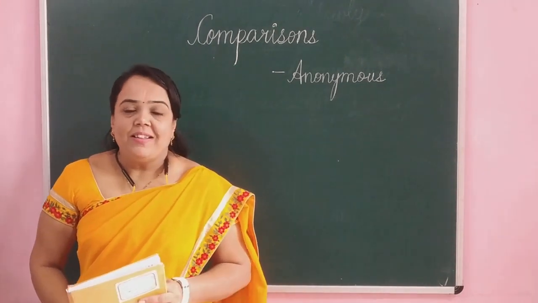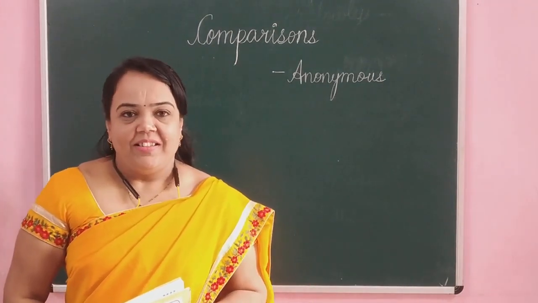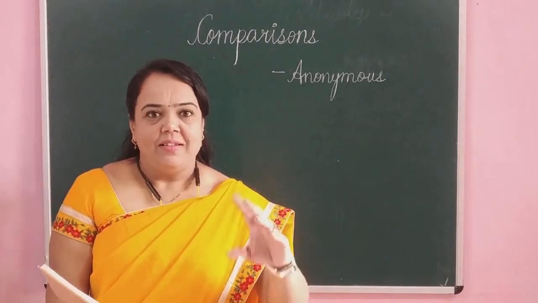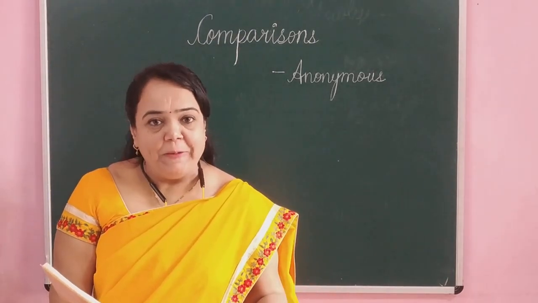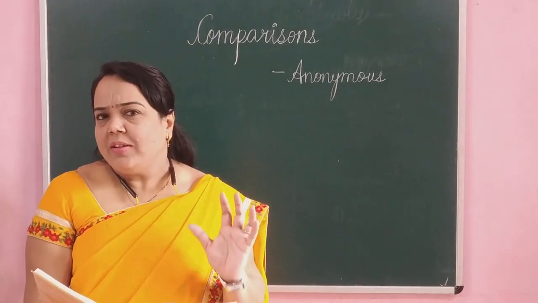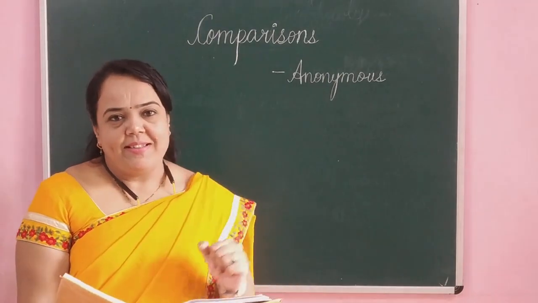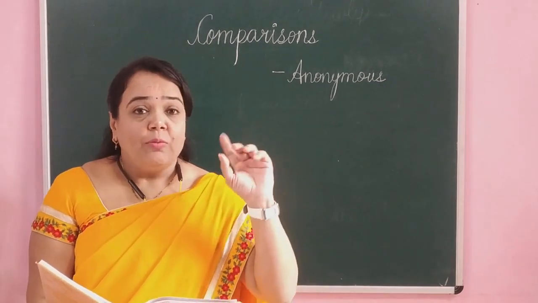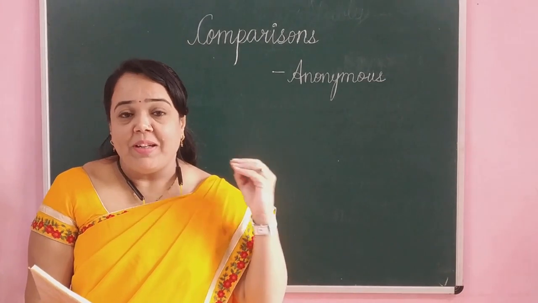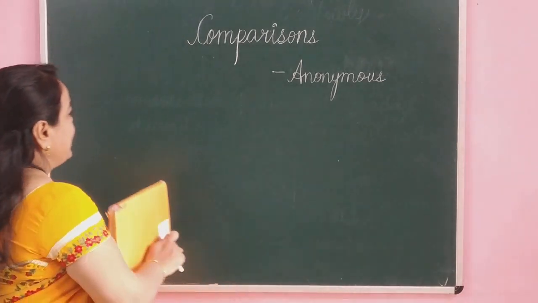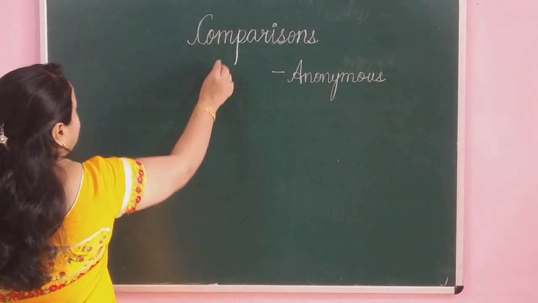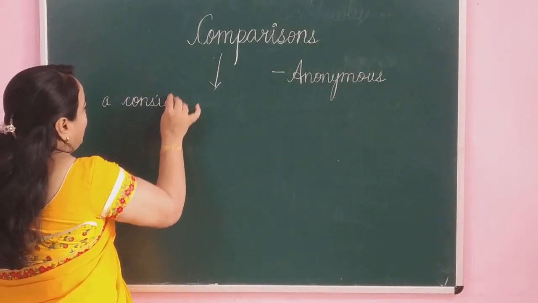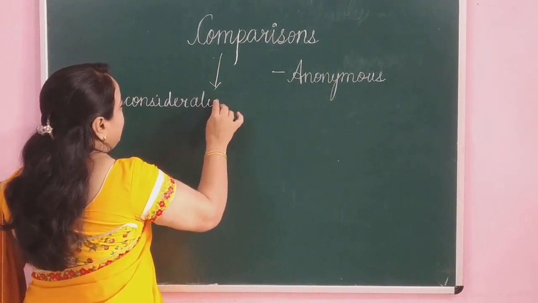So when you are comparing something, what should be there? There should be two things and they should have at least one thing in common. Now we will see exactly what the poet has said in the poem Comparison. Before starting, let's one more time understand what is comparison. It's a consideration of